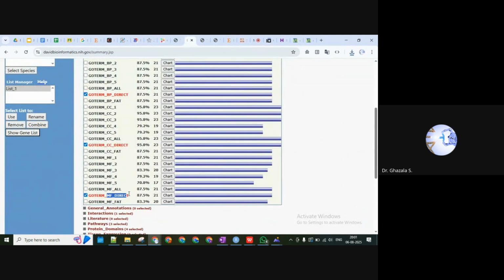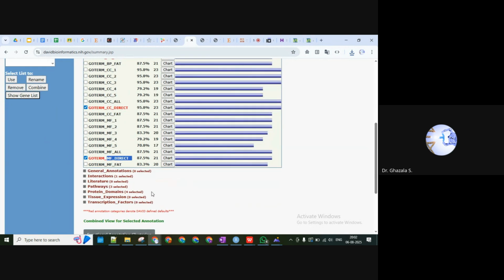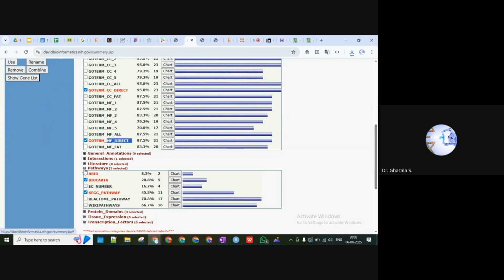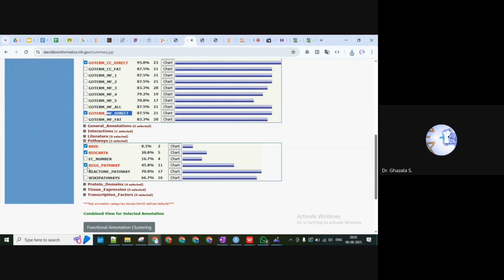Similarly, molecular functions we have. So molecular functions we will download from the chart. Okay, so you can do that later. One thing I need to mention is here we have the pathways option. Okay, and KEGG pathways are more important or more related to disease kind of study. So we will focus on KEGG pathway and download the chart. Out of 24 genes, only 11 genes are identified to be found in any reported KEGG pathways.